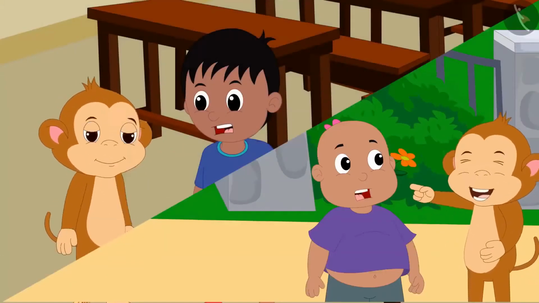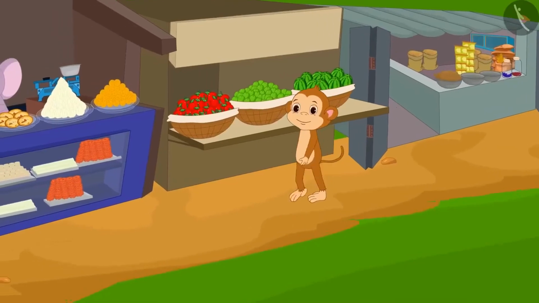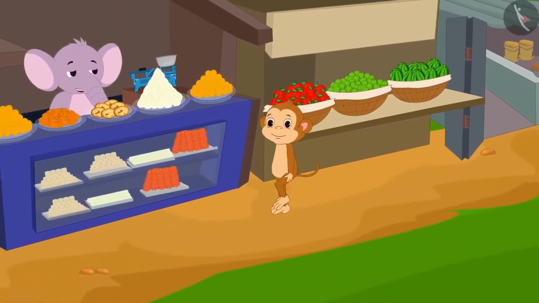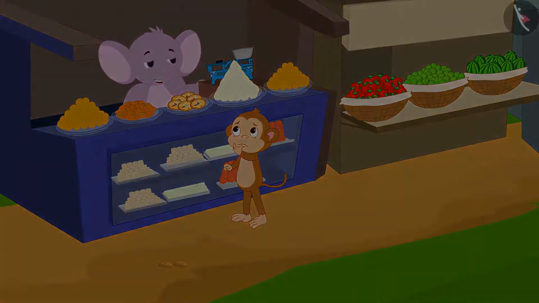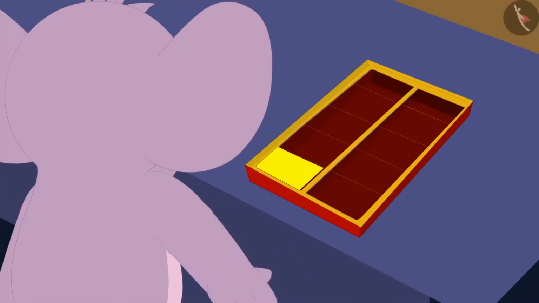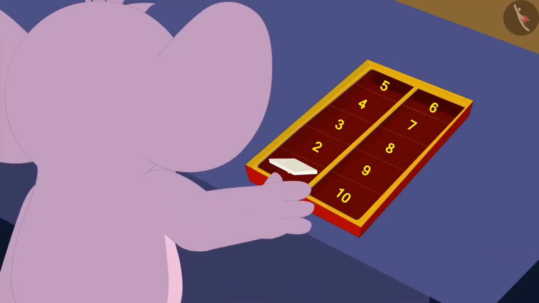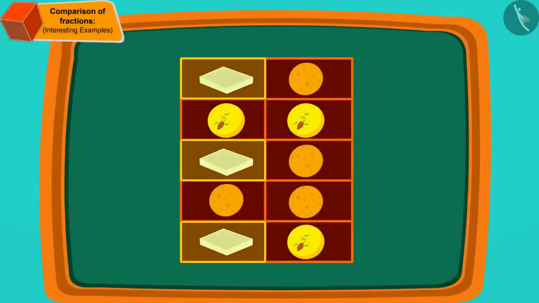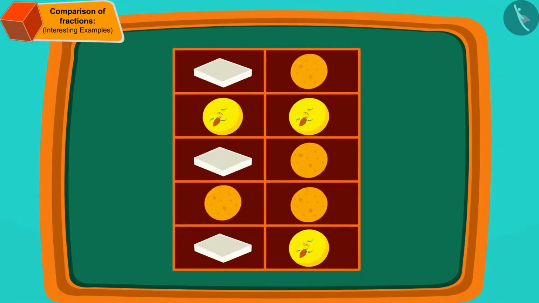Babban does a lot of mischief with all the people in the village. Today, he has come to buy sweets at Appu's sweet shop. He could not decide which sweets he wants to buy. So Appu divided the sweet box into 10 equal parts like this. Now Appu put Kaju Katli, Laddu and Peda in the sections in this way.